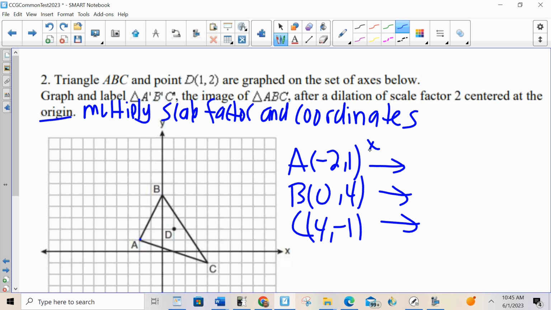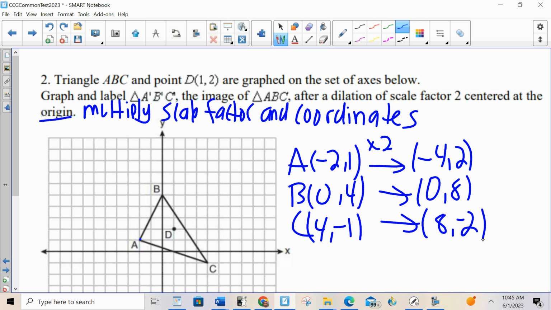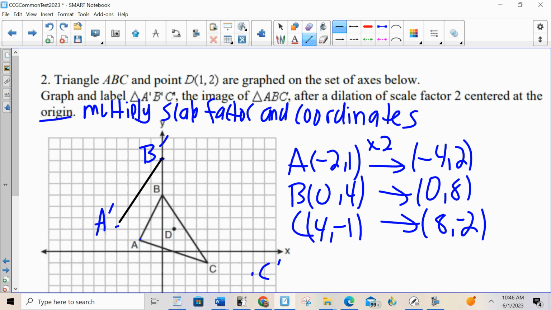I'm multiplying by 2, so I get negative 4, 2, 0, 8, 8, negative 2. Negative 4, 2 is A prime. 0, 8 is B prime. 8, negative 2 is C prime. I connect them with a straight edge,